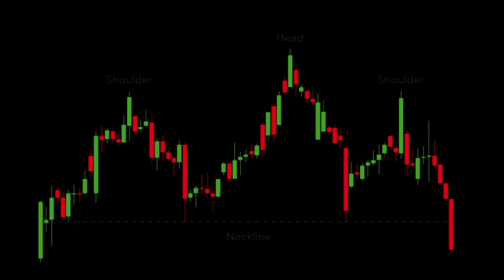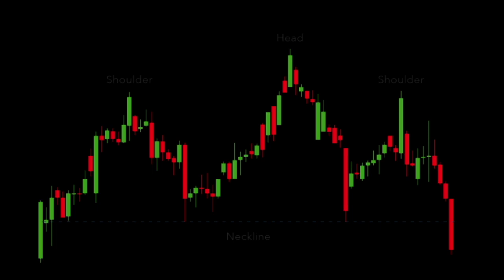The head and shoulders is extremely well known. This is one of those chart patterns that almost every trader, I would hope every trader, knows about. And when they see this, you automatically should realize that this is showing a bearish trend once the second shoulder